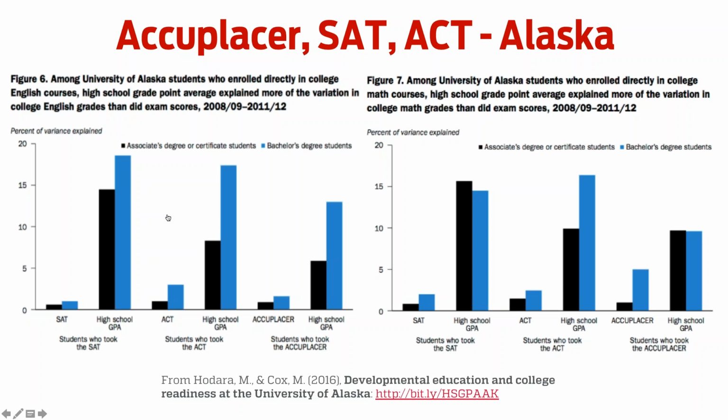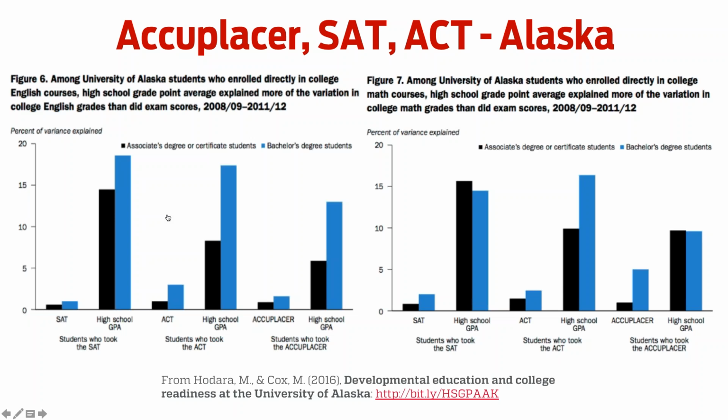You have lots of rural students that don't have the same experience. And what they want to do is test whether or not you see the same relationships there. And so for both 2- and 4-year students, whether or not they're assessed via the SAT, the ACT, or AccuPlacer, students' high school GPA is a substantially better predictor of students' performance in both English and mathematics in the University of Alaska system. Right? In some cases, you're talking about 10 to 20 times more variance accounted for, 10 to 20 times more performance in the course that's explained by GPA than is explained by student performance on these assessment